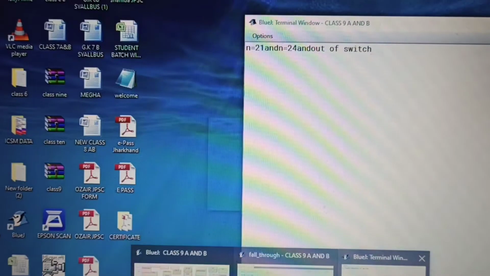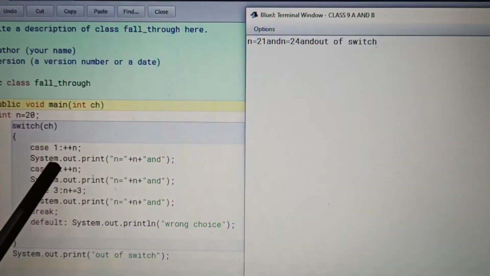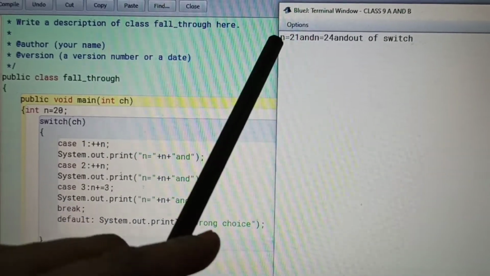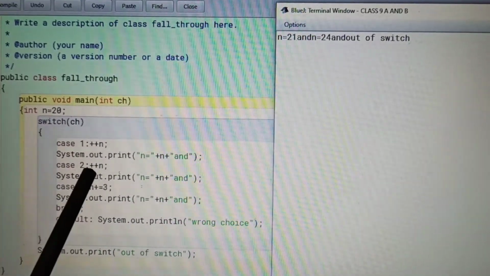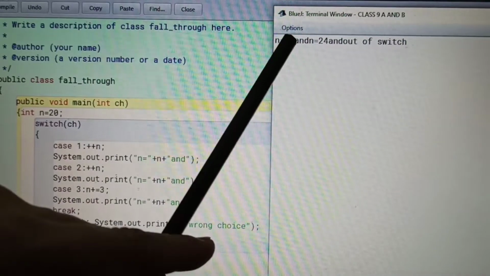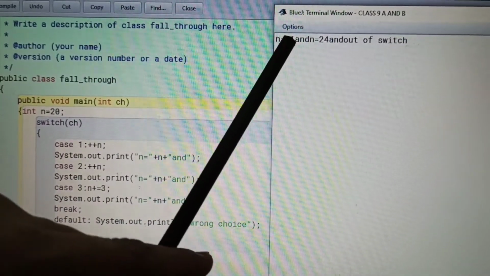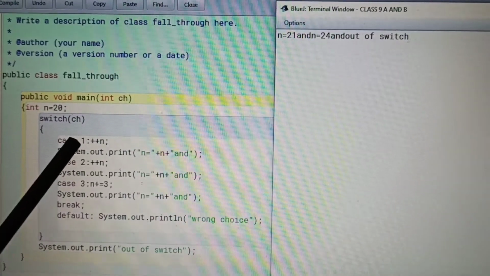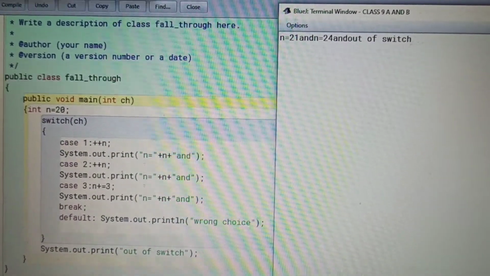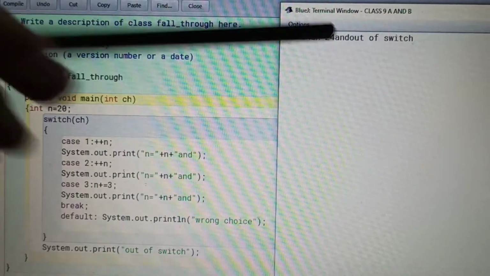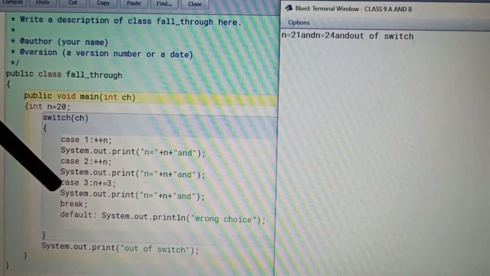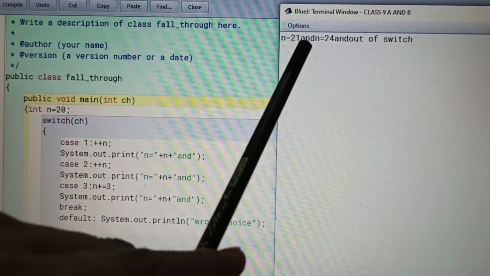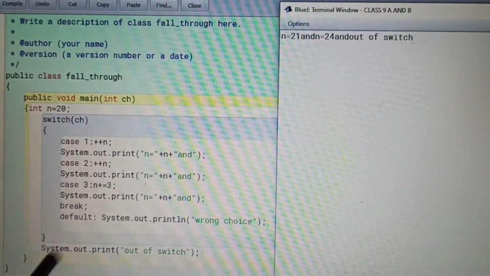How is it coming? The second case is running with 21, because 20 increased is 21. It will not execute case number 1 because I have pressed case number 2. So this case and the next will execute. When you add 21 plus 3, it will be 25, and this statement will execute.